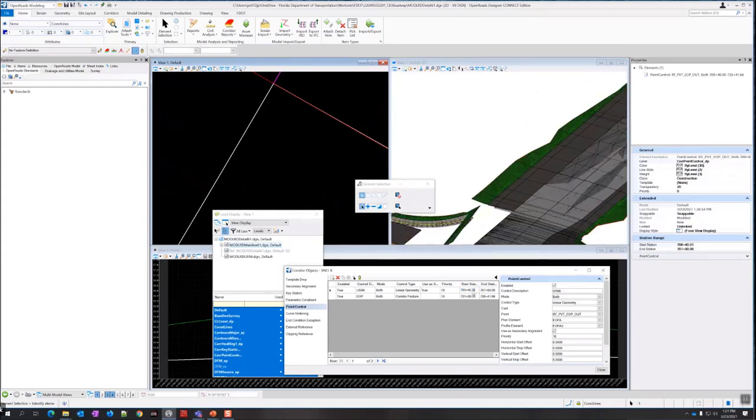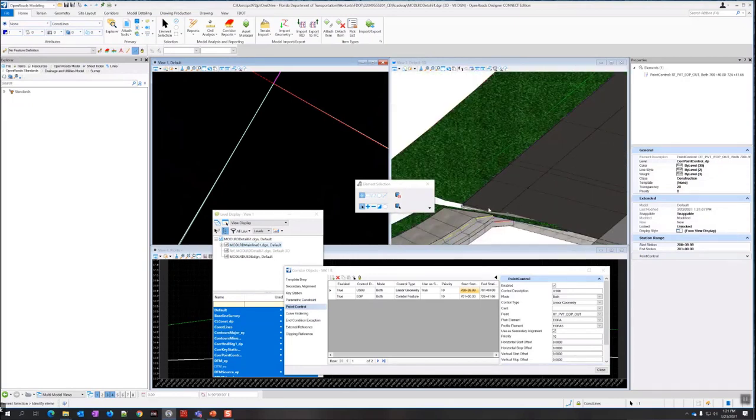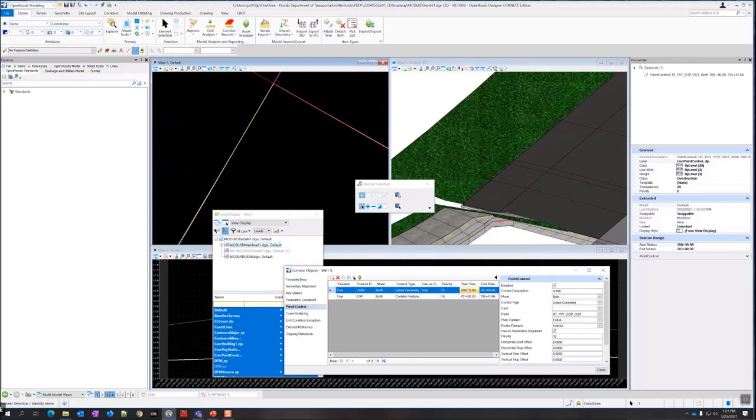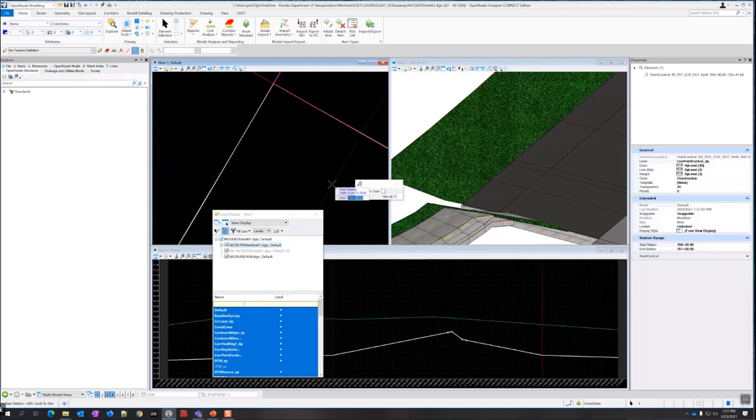Okay, so that made it worse. Right, the other direction by 100th. It's back to square one. So what I really need to do is change the start station of the template drop. Let me just check what that is. So it's 700 plus 40. Going to do make graphical edit, and I'm going to lock it to the start again. So hit Alt or check this box, and then accept.